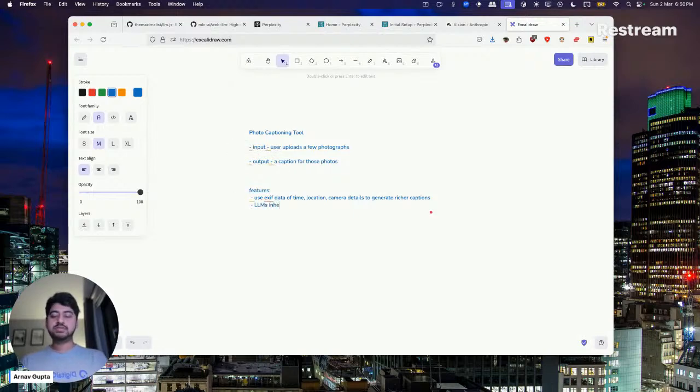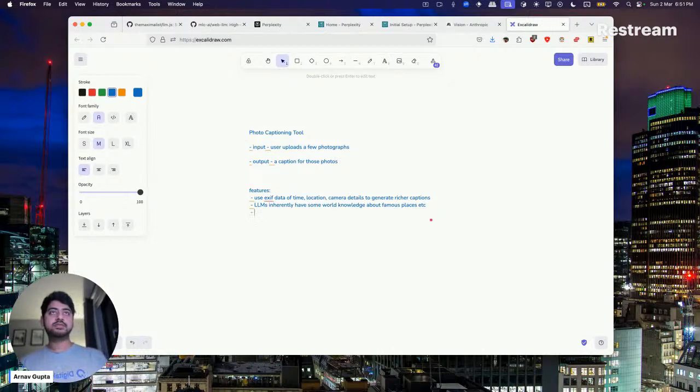So LLMs inherently have some world knowledge about famous places, etc. So it can generate some text about, like, okay, the photos are from this particular location, like maybe of the Eiffel Tower or something.